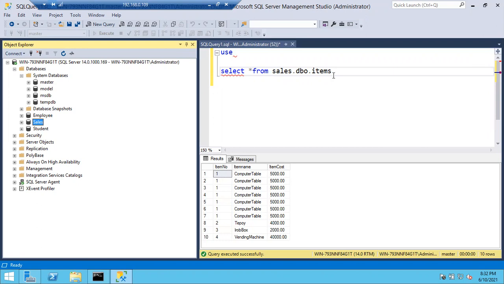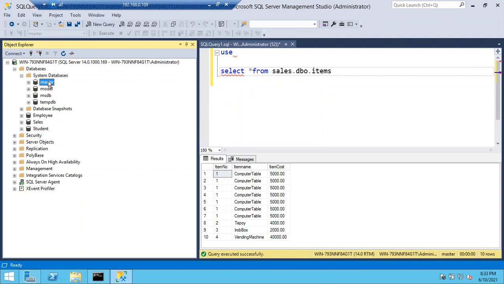4 system databases you can see in the Management Studio. 1 system database you cannot see in the Management Studio. The system database which you cannot see is the resource database. The resource database is a hidden database. You cannot see it anywhere in the Management Studio, not even its files. Clear? Because the resource database is hidden. We'll discuss these 5 system databases one by one.